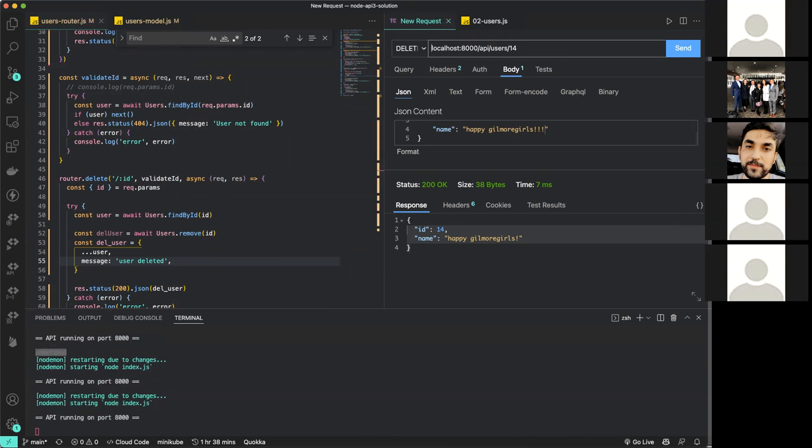Let's try 15. Okay, 15 was deleted. And so now our middleware is working properly. We are checking to see if that user exists. Now, we do have an issue here, right? We don't want to run this and this because we're duplicating the same amount of effort. So what we can do is we can say if the user exists, so we can now wrap this